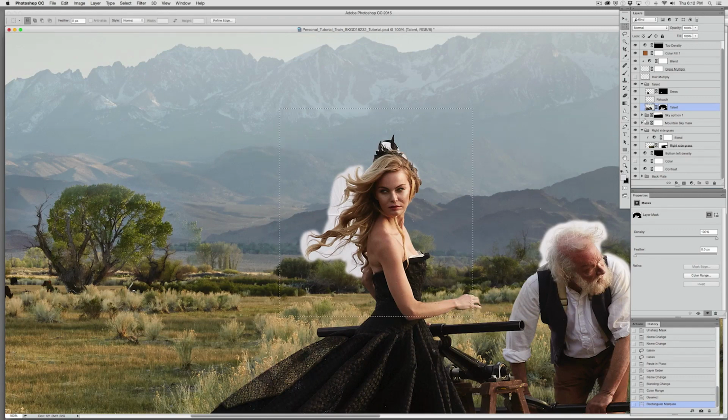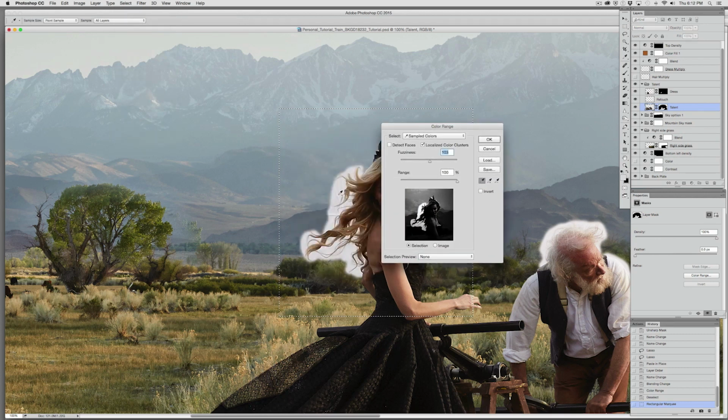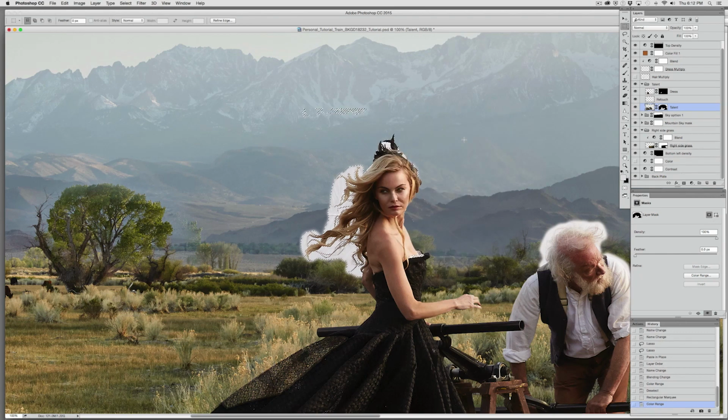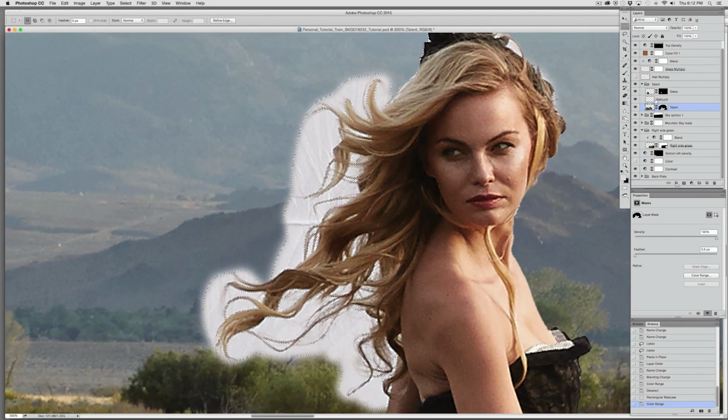We're going to come in here. We have our content layer selected. Select. We see color range. And now we get a better preview. So I'm just looking here for when we start losing the contrast, right? So just about there. At the highest contrast in here, I think we have a good chance of getting some decent selection. Cool. So now that we selected the white around the hair, it's easier for us to,